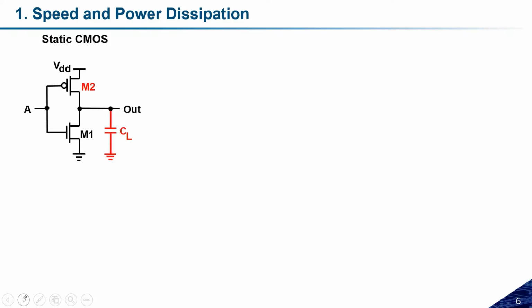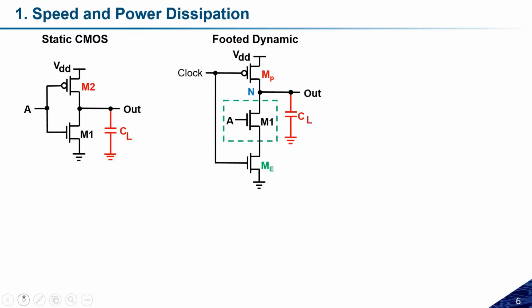We discussed this in the previous class. Suppose we have a CMOS inverter, and in that case we will have the arrangement something like this. We will have one PMOS transistor and one NMOS transistor, if I'm simply designing the inverter. Similarly, if we consider the footed dynamic logic, the structure will be something like this, where we have only one transistor on the pull-up side, which we call the pre-charge transistor, and on the evaluation side we have two transistors. One is for the evaluation and the second one is for the actual logic we want to implement here.